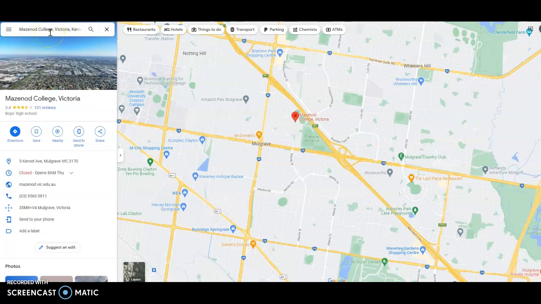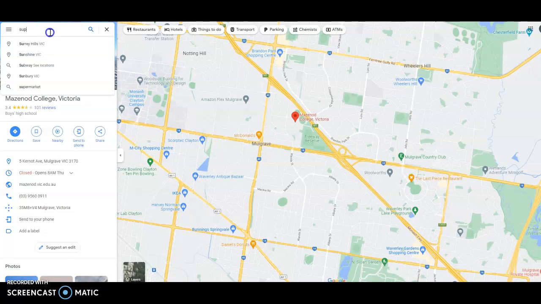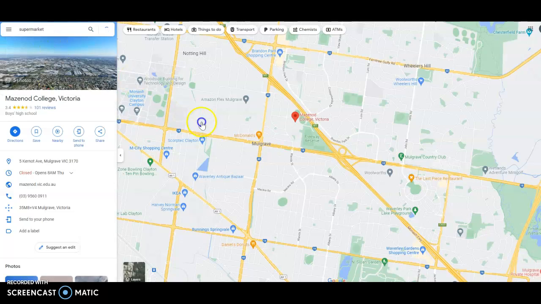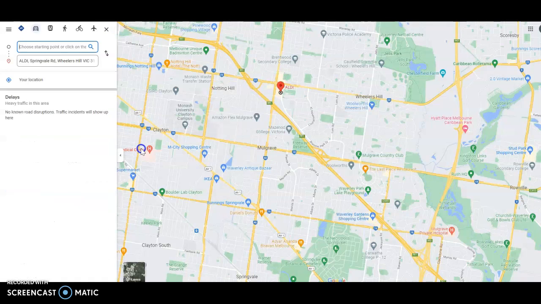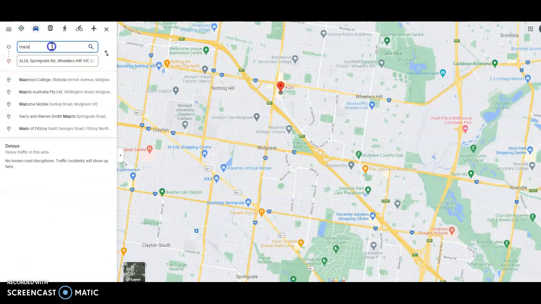What I want to then do is see perhaps where the closest supermarket actually is. So I then go to the search bar here and type in supermarket. Okay, and it will show me where the nearest supermarkets to my central location actually are. So let's just say they're probably a fairly similar distance, but let's just choose Aldi, because it's nice and easy. So if I click on Aldi here and go directions,